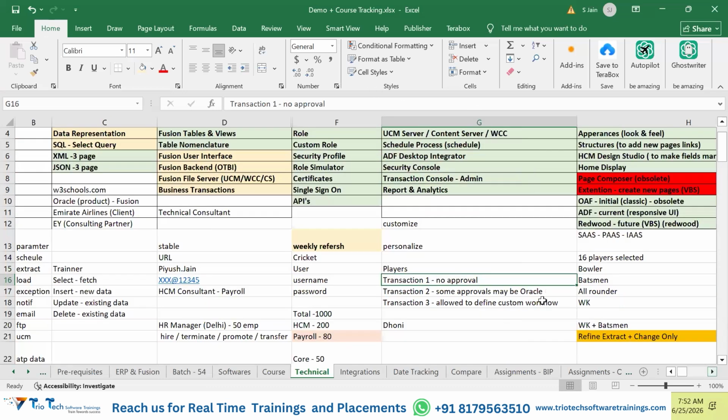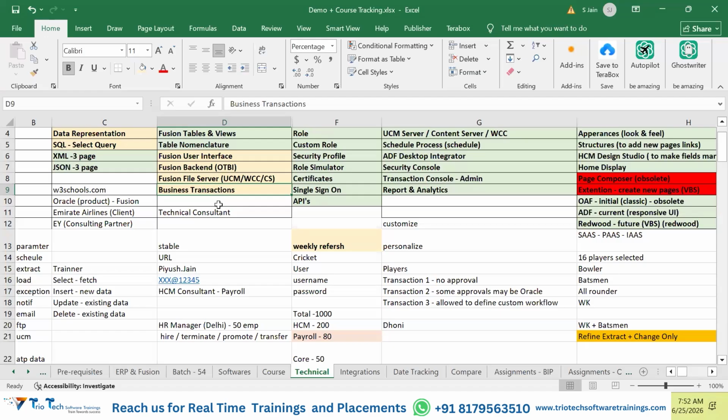Sir, can you please come again? What do you mean by business transactions? It is like updating any data. If you log in to your HDFC bank and want to add a new beneficiary from the UI, that is a transaction you did. If you want to make an amount transfer to your mother's account, that is a transaction. You are getting a transaction ID, right?